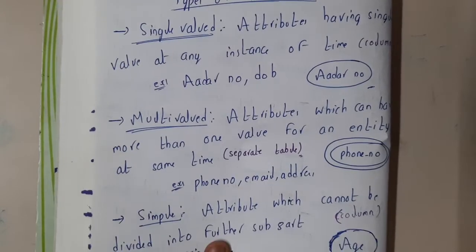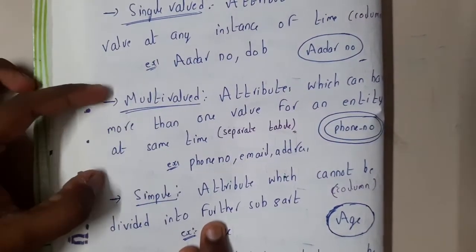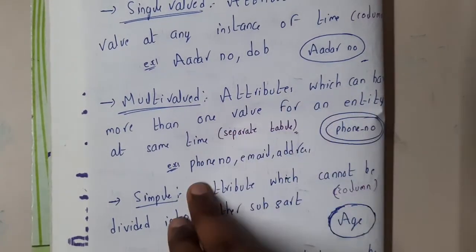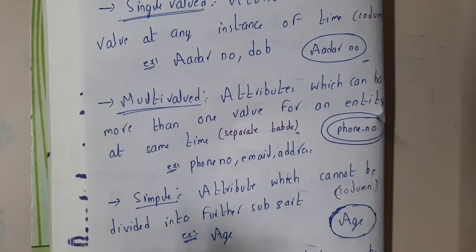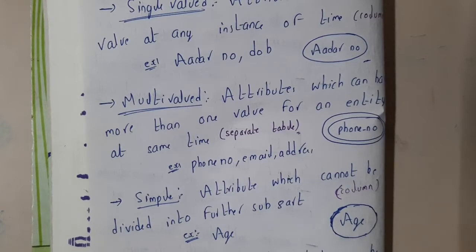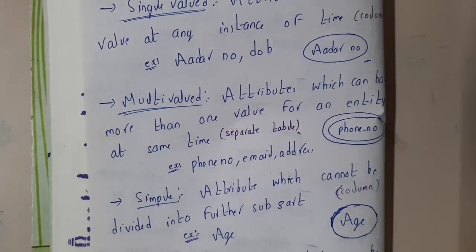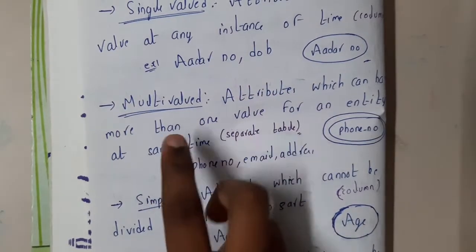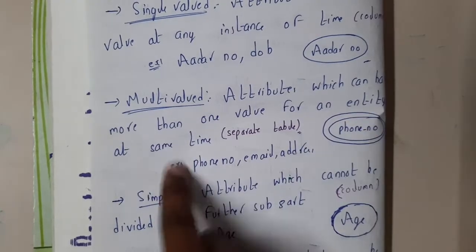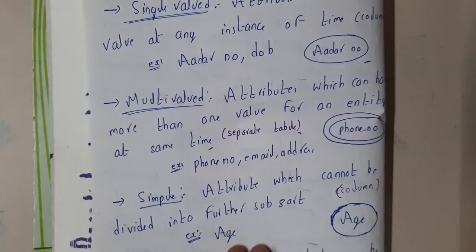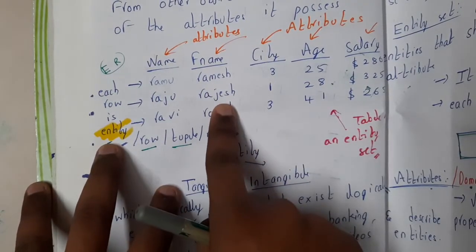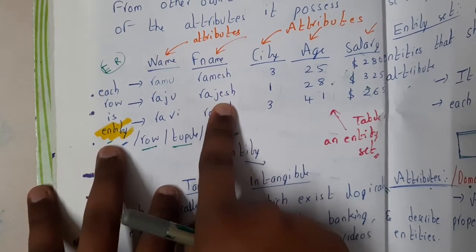The second type is multi-valued, guys. Sometimes we might have multiple values also, right? Like phone numbers. Everyone nowadays has 2 SIMs in their mobiles, right? That is the reason why, whenever someone asks you for the mobile number in any kind of form or somewhere, you will give 2 numbers, right? So that is nothing but multi-valued. An attribute which can have more than one value for an entity at the same time is called multi-valued. Now your question will be, okay, so are you going to store 2 phone numbers in a single column? That doesn't look good, right?